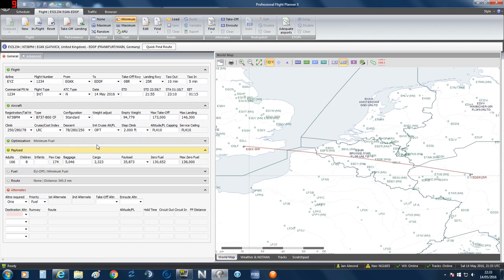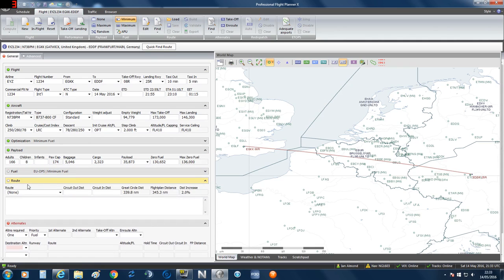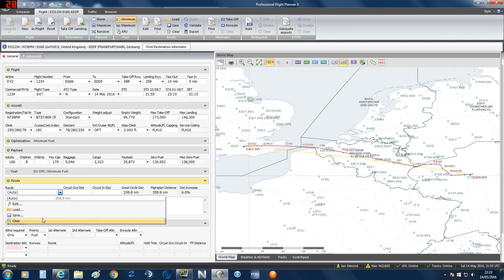The next thing to do is quick find route. Now there is actually 2 ways of doing this. You can either click on this button at the top, but before I do that, I'm going to come down here to where it says route. Where it says route none, click on that drop down box, and if you just click find, it will give you a route, which basically is here, and it's probably the most direct route that it uses. You can do it that way, or a more simplistic way is if I just clear that,